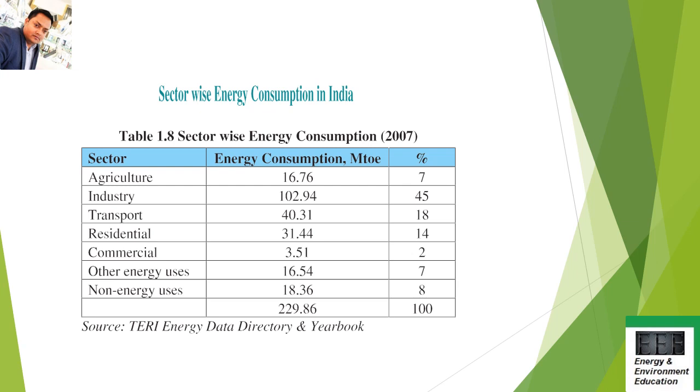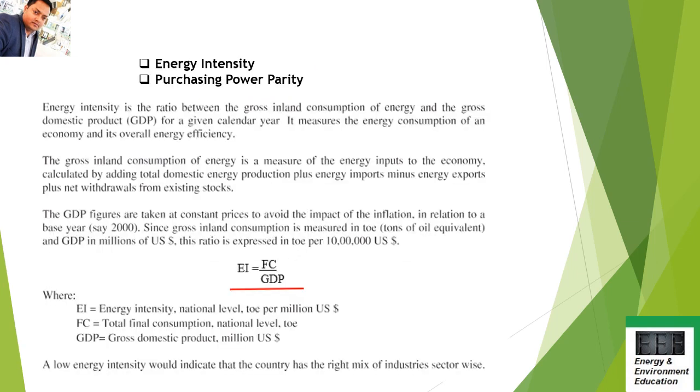Do not Google and take the current data, because the answer will be wrong in that case, friends. Agriculture you see here 7%, that is the correct answer. If they ask how much is the percent of agriculture as sector-wise energy consumption, you need to answer 7%. Maybe now it is 10%, for example, but if you write 10%, the answer will be wrong, friends. This is very important to understand, and you may face a number of questions from this part of the chapter also, friends.